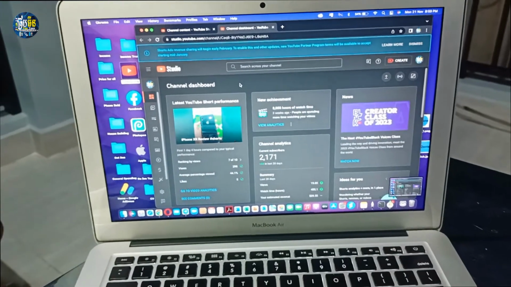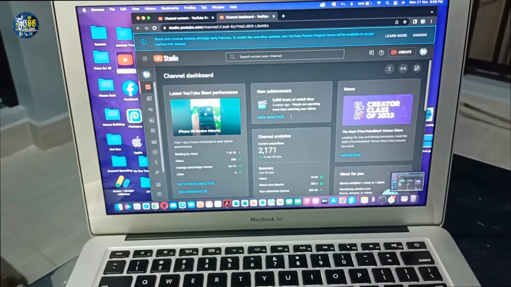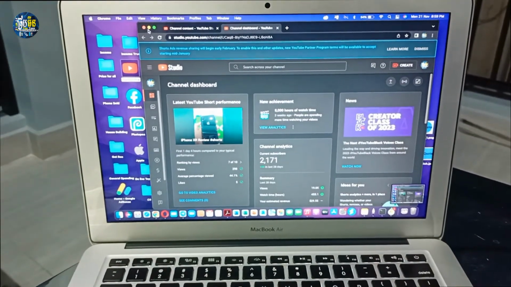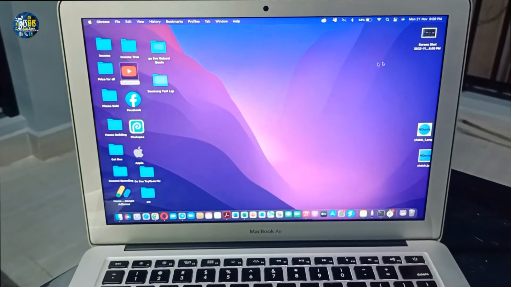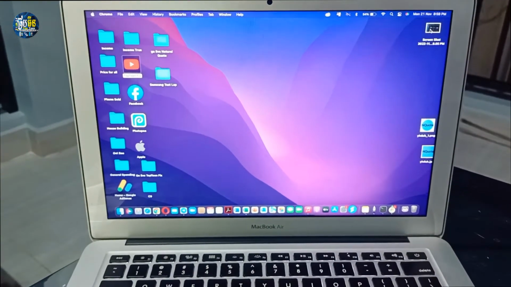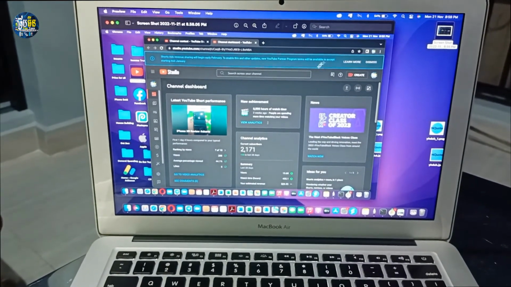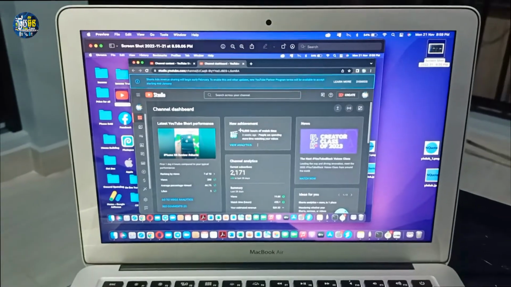So right here on the right hand, right here is a screenshot. So the screenshot will appear on the desktop. Okay, right here. So let's take a look. Okay, right here is a screenshot that we have just